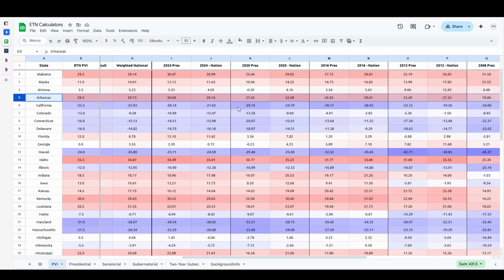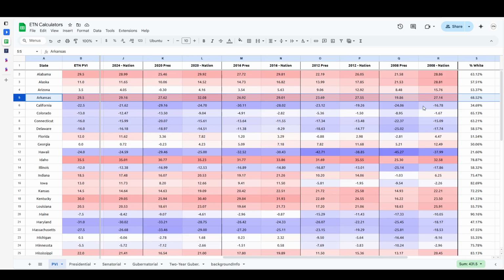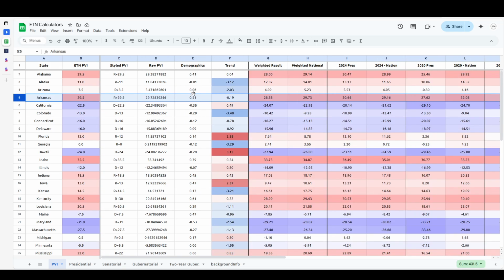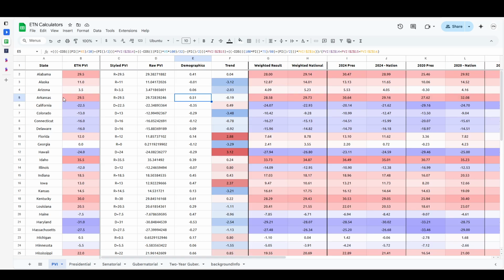So it's going to incorporate the fact that California moving to the right by 5 is going to do more compared to the country than Idaho moving to the right by 5. So anyway, it did in theory move a little bit to the left, but it moved to the right each and every other time. So 27, 27, 29, 32. So it generally is a right trending state, honestly, in general,